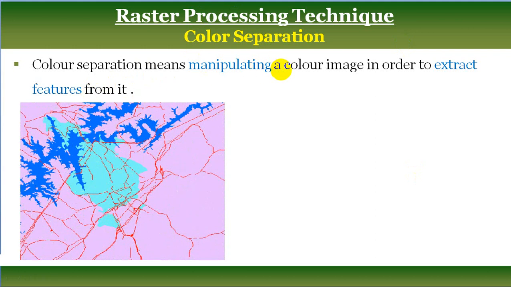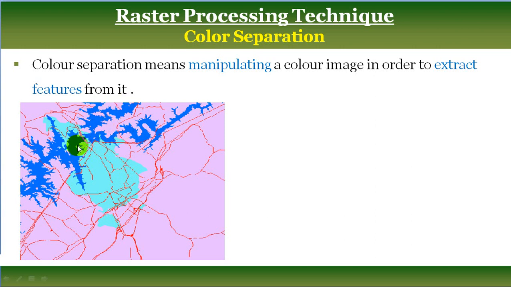For example, this is a color image. This color image represents different types of geographical features: river, roads, urban area or something. All such geographical features you can extract from the color image, because